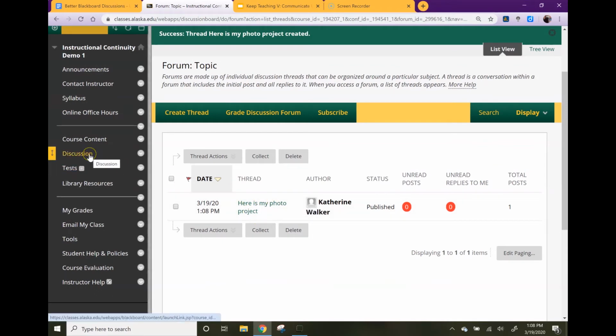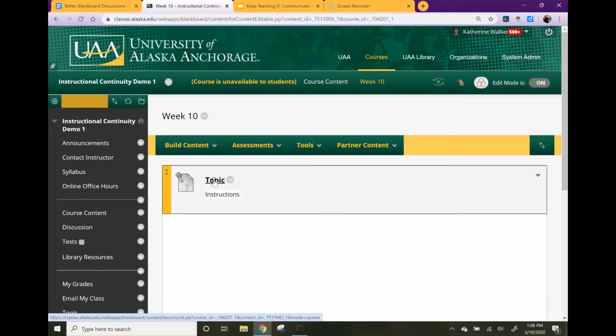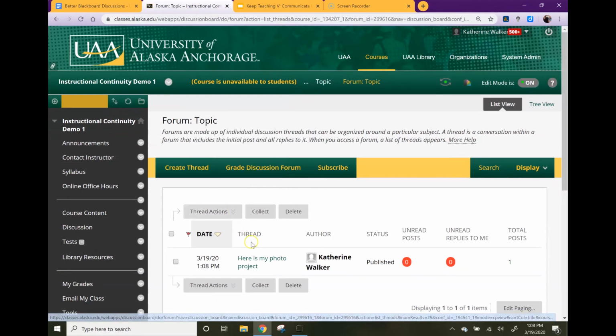So again, this is going to look the same whether I'm on the discussion board here or whether I go to course content inside my Week 10 folder and click on it here. It's going to be the same. They're connected. Now I'm going to go back to my course content